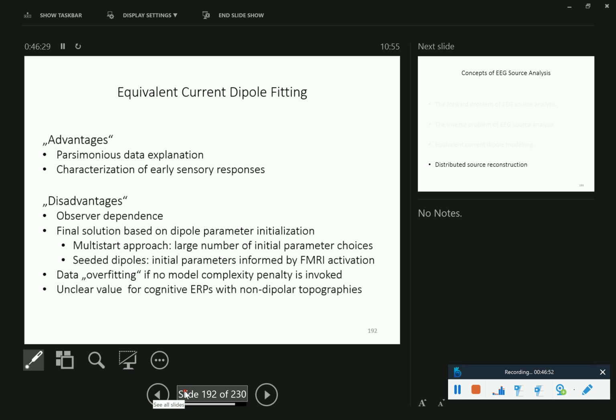let's briefly talk about the advantages and disadvantages here, because it's just a data analysis method, and of course it's not the best one, but it's also not the worst one, like any data analysis method. An advantage of using equivalent dipoles is that it's very parsimonious. With each dipole you basically model a pyramidal cell population. You just say, okay, in this visual evoked potential, between 0 and 200 milliseconds, there are, let's say, 3 regions in the brain active, and the rest of the brain is inactive,